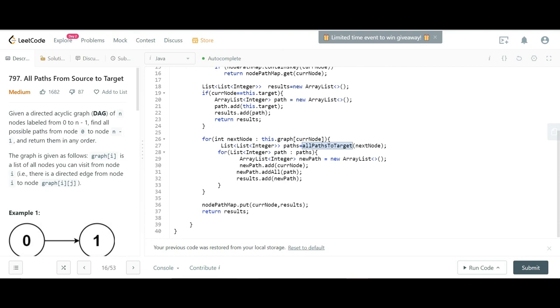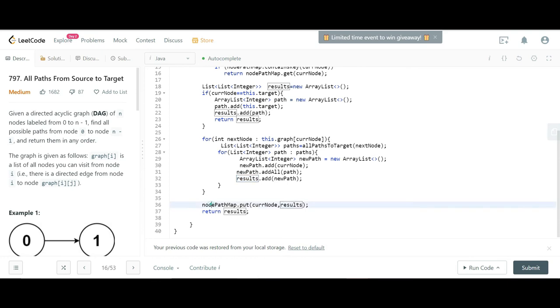After getting all the paths, I have to connect the current node with the underlying nodes. Suppose for 1, with 3 and 4, if I get the result for 3, I just connect 1 with all the paths from 3 to 4, right? This is the same thing I am doing here. In new path, I add the current node, then I add all the paths which I got from my adjacent nodes, and put that in the result. That way, from bottom to top, we are moving by collecting all the paths, accumulating them and then adding them to the previous node.